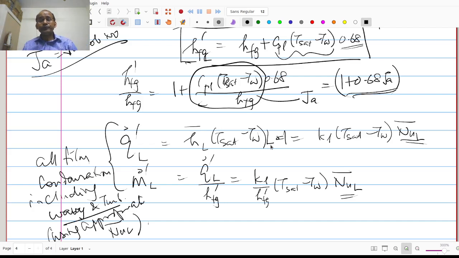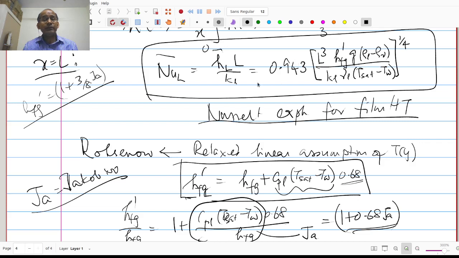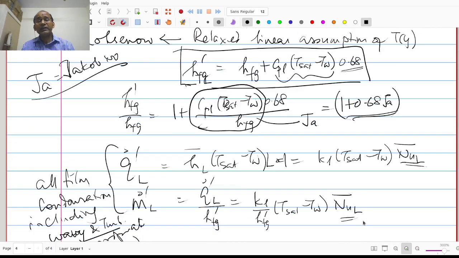And since h bar L by kl is the Nusselt number, this can be rewritten as kl times Tsat minus T wall into NuL bar. So this is the expression, and NuL bar is given by the expression that was derived by Nusselt, except that the hfg prime expression can be replaced now with this one. So that gives you the QL bar and the QL prime, and mL prime,